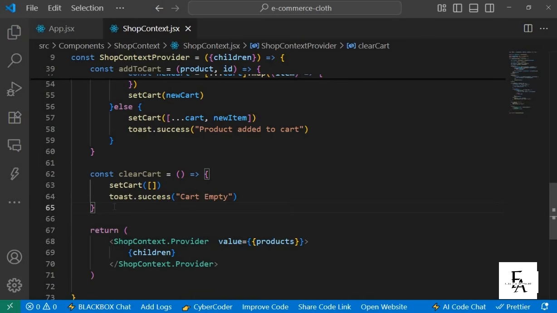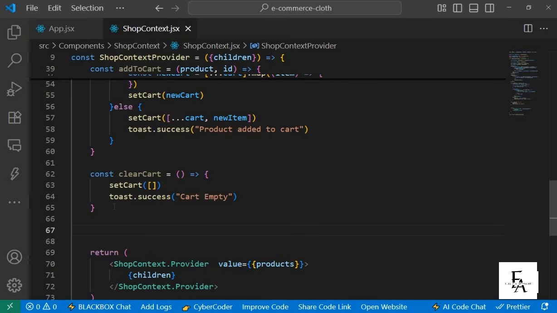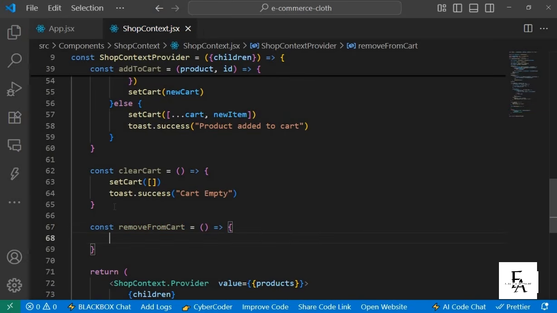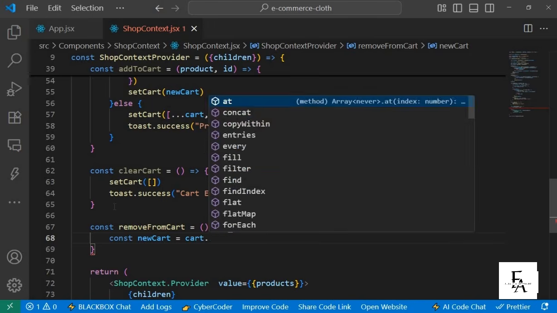Okay. Then the next function now is to write a function to remove a specific product from the cart. I'm going to name the function removeFromCart. So const removeFromCart will be equals to... first we need to filter out the products with the specified ID. So we need to get the ID of the products that we want to remove from our cart. So we're going to have const newCart will be equals to cart.filter